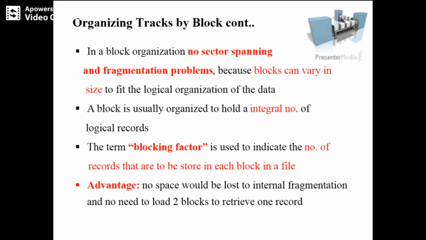We also have a term called blocking factor. It is nothing but the number of records that are to be stored in each block in a file. That is called blocking factor. It can vary, depending on your application, whatever you are using. So the advantage is no space would be lost to internal fragmentation and no need to load two blocks to retrieve one record.